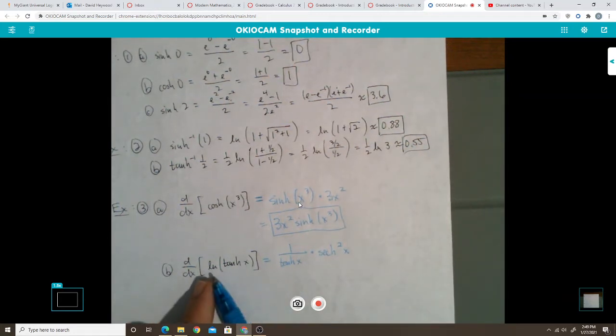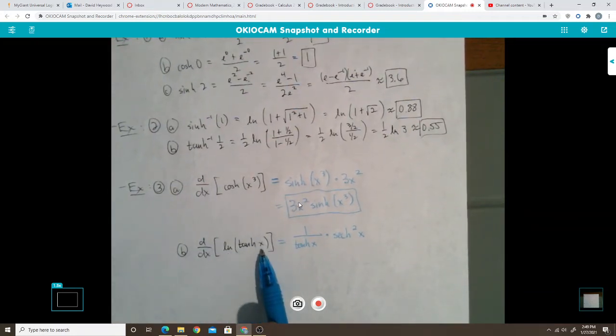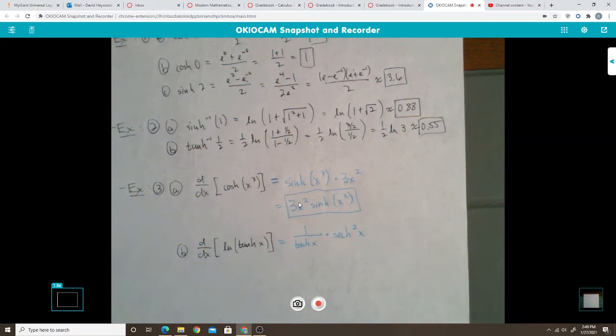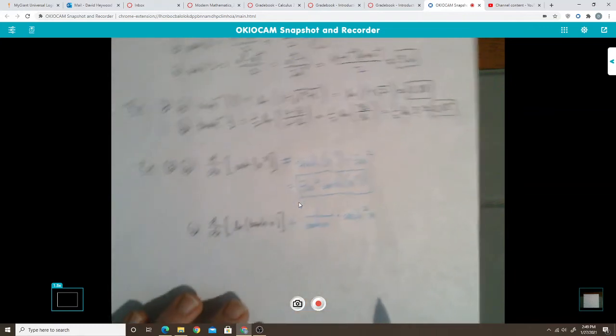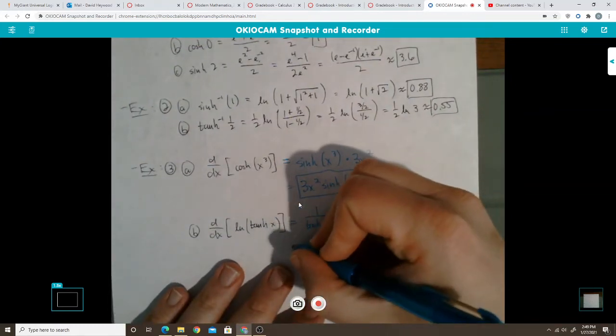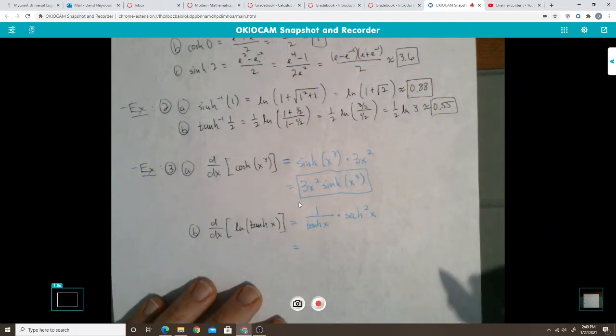It's too bad they didn't do, I say they because I copied this from your textbook, but it's too bad we didn't do something like natural log of tanh of x squared plus 4 over x cubed minus 3 or something, and then we could have done a chain rule within a chain rule type of thing. But this is actually kind of nice, come to think of it, because I'm sure that there are some hyperbolic identities we can use here, because 1 over tanh is cotanh,